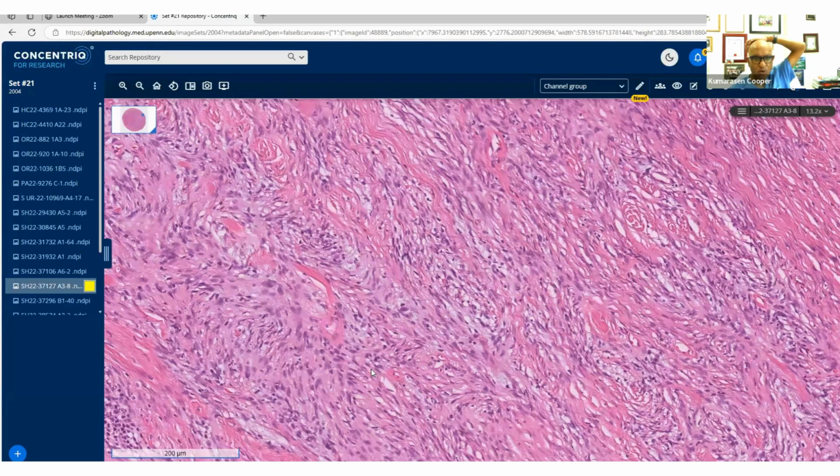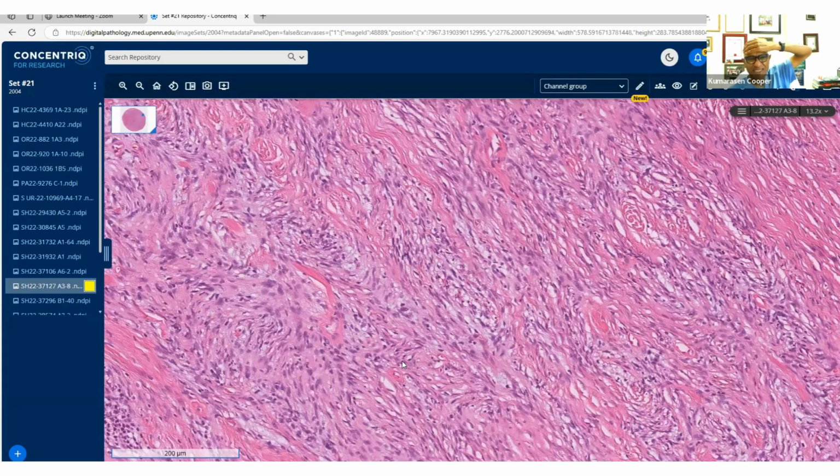Neurofibroma is more often CD34 positive. So this is CD34 positive, but SOX10 and S100 are negative. So unlikely to be a cellular neurofibroma, even though the CD34 is positive and neurofibromas are positive. But the reason I'm going through this step by step and giving you a